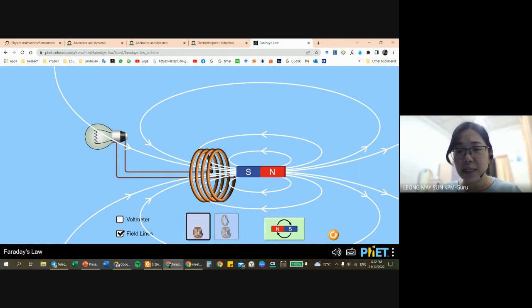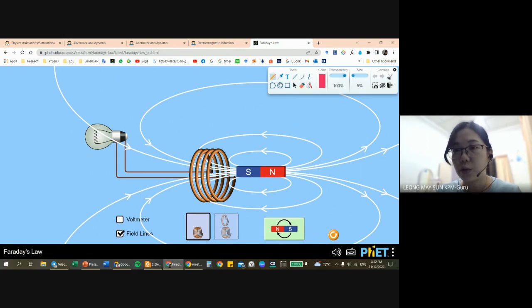I'm sure you have already seen the word magnetic flux. Magnetic flux is the magnetic field strength per unit area. So very quickly, to show all of you right now, I'm going to take this. Let's just say at this corner,